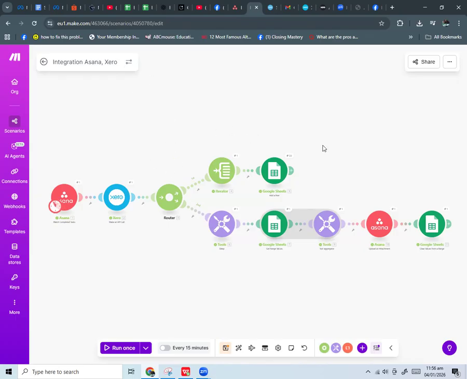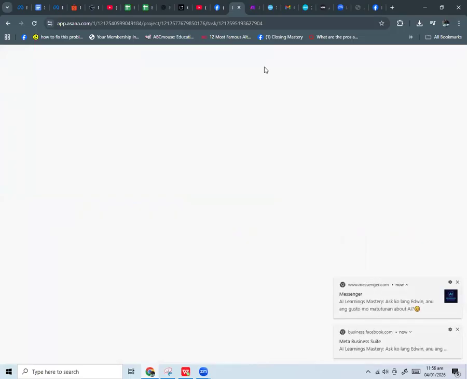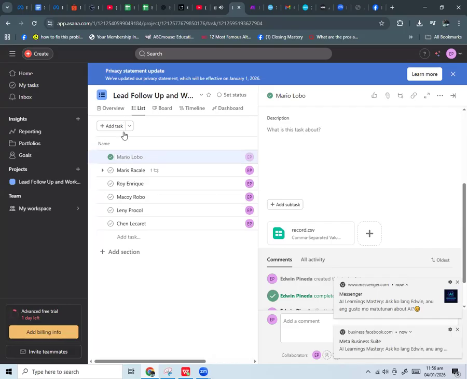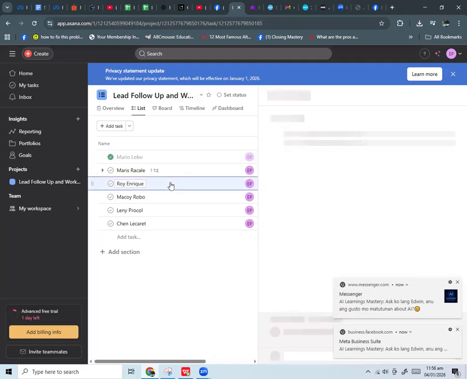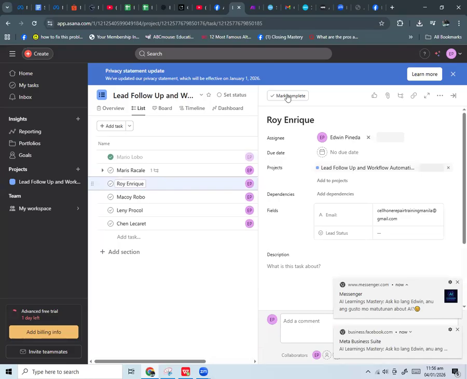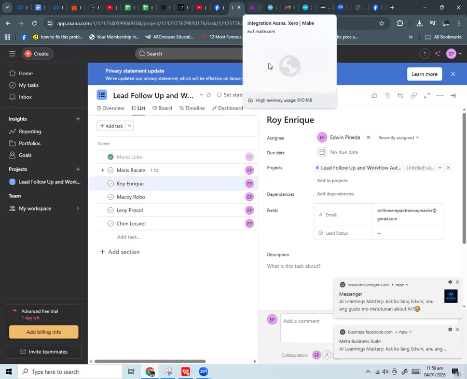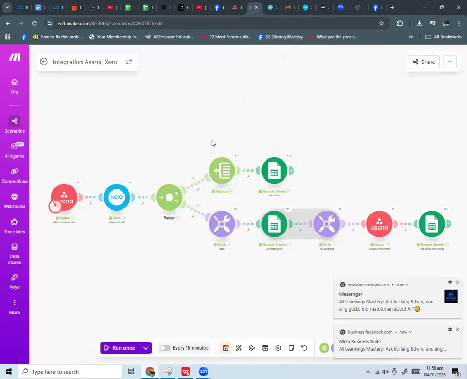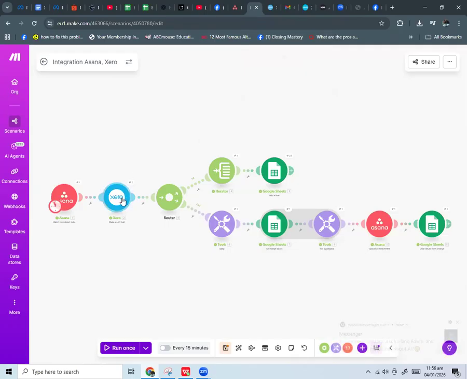What this software does is, whenever a task is completed in your Asana CRM software, for example this task, if I mark this as completed, the automation tool will automatically get the data from your Xero accounting software.